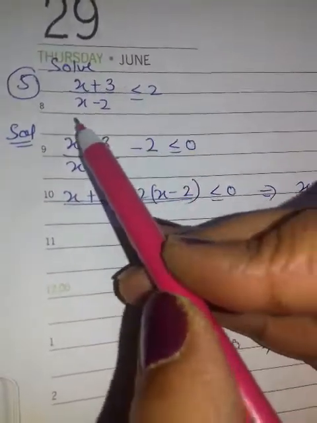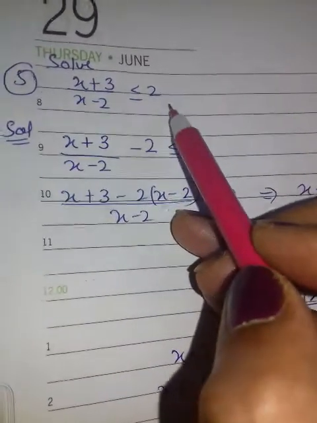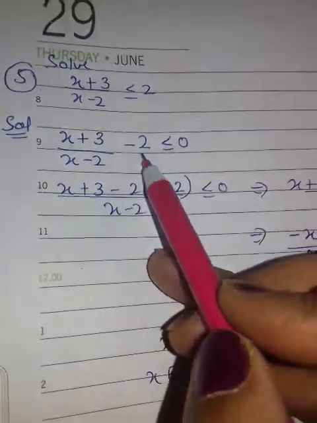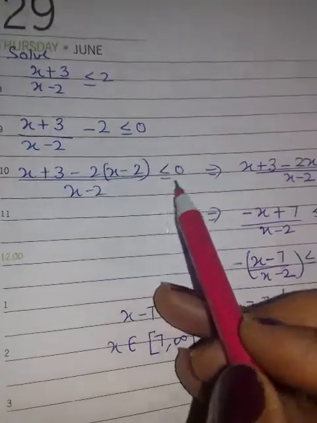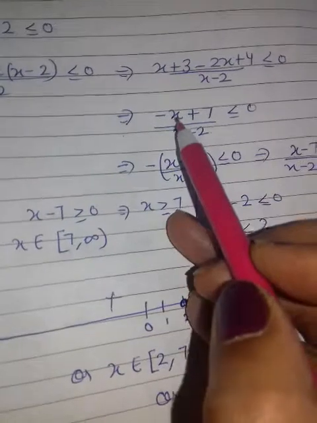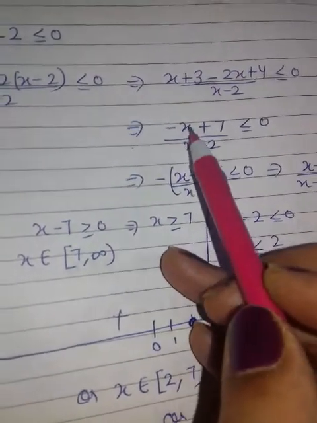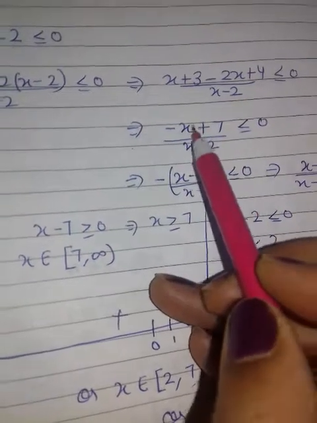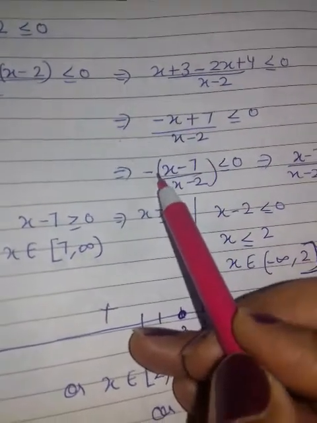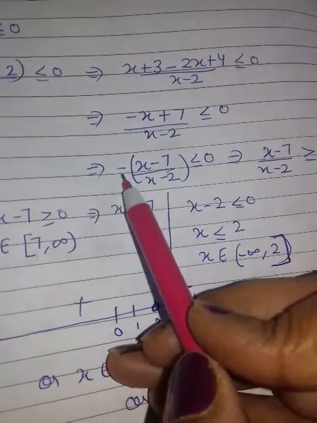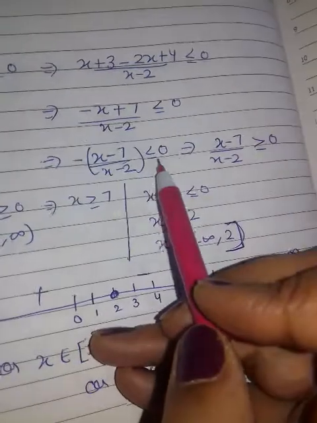Last question. See, solve (x + 3)/(x - 2) less than or equal to 2. Whenever a term comes in this manner, firstly you will take the constant term here. Then you will take its LCM. I also have taken and solved in this manner. But firstly check whenever your x term on the left side is negative, firstly make it positive by taking its common. So you know whenever you have to cancel it, you will change its sign.